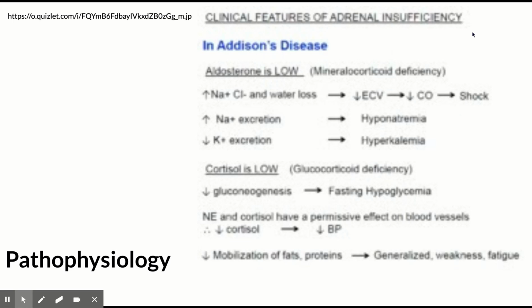When your aldosterone levels are low, this increases sodium and water loss and causes a decrease in your ECV, which decreases your cardiac output. This is the amount of blood pumped out of each ventricle in 1 minute and can lead to a stroke. Low aldosterone levels can also increase the amount of sodium excreted from your body and can